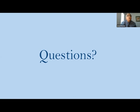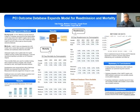Thank you for doing a really nice job in terms of coming up with a problem and then following through and demonstrating how this ultimately would not just produce some of the answers we're looking for. What I liked was that you developed it in a manner that will hopefully be sustainable over a period of time. Just going back to the lag and getting data into registries, you had a slide at the beginning